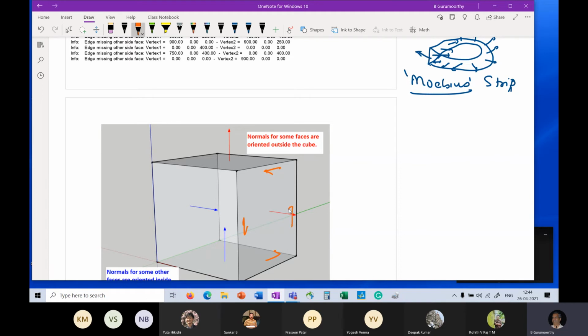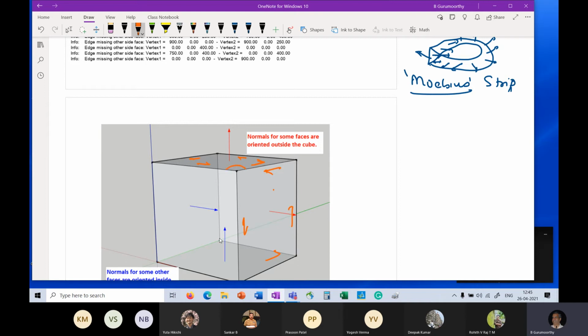So the normal is pointing away from the material, sorry. And here also, if the normal is pointing away, my edges look like this. So if you see this edge, it is being traversed in this direction in this face, and it is being traversed in this direction in this face.